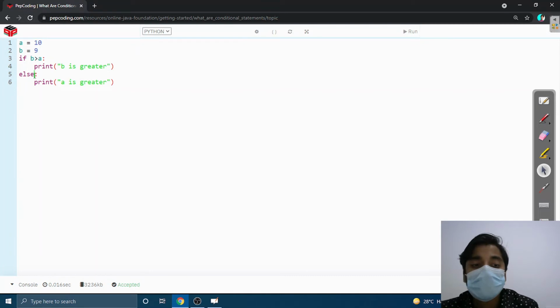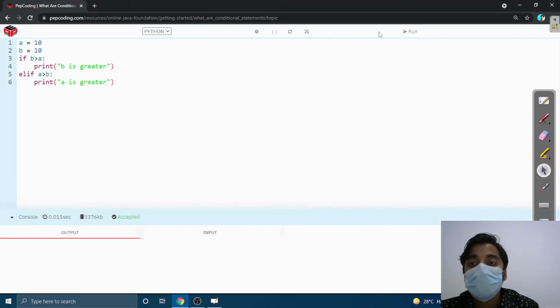There is one more condition we can use, else if, which is elif. Here we can give the condition: a is greater than b. Let's say b is also 10. Let's run this. Here there are two conditions. If b is greater than a, b is 10, a is 10, b is not greater than a.